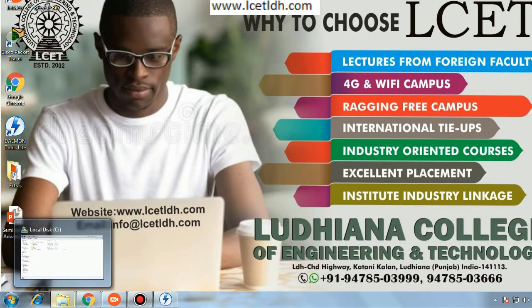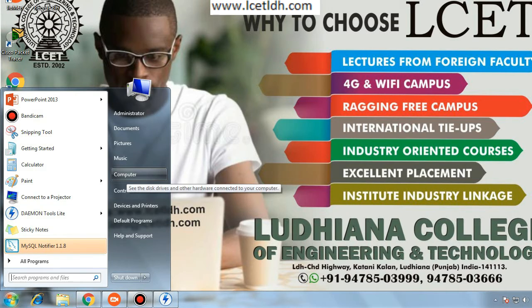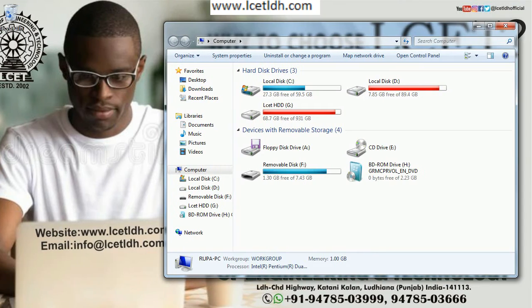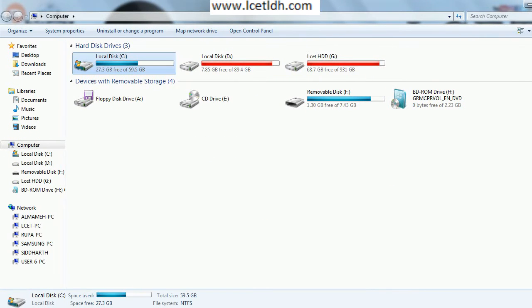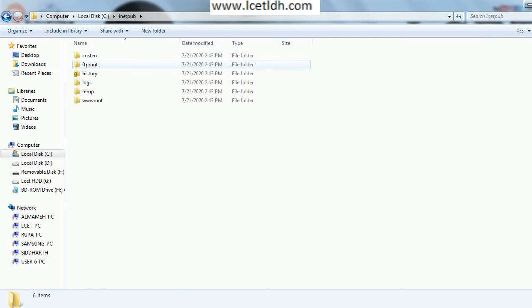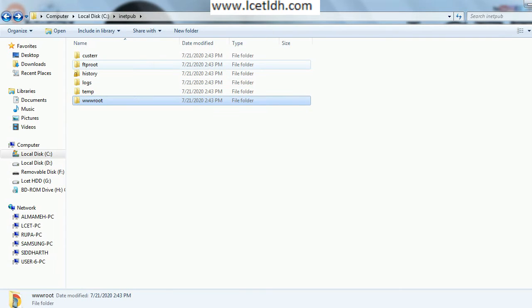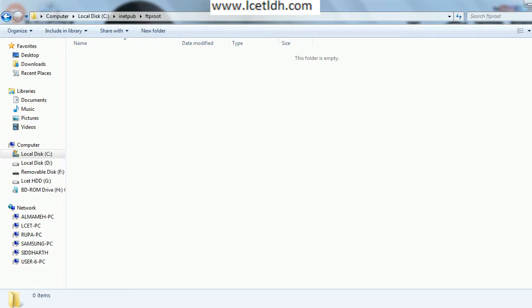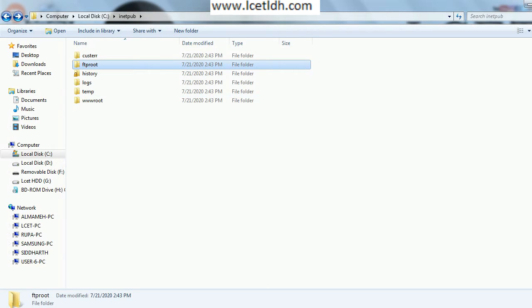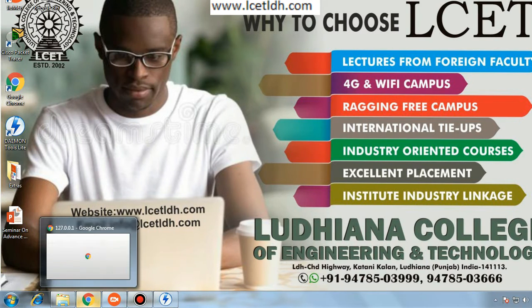Now that the whole process has been completed, to check whether the IIS has been installed onto our system or not, we will go to C drive. And here you can see that the inetpub folder has been created. We will open this, and here is the folder named wwwroot. You can see here one web page is also mentioned. FTP root is also there. You can see so many folders related to inetpub are here.